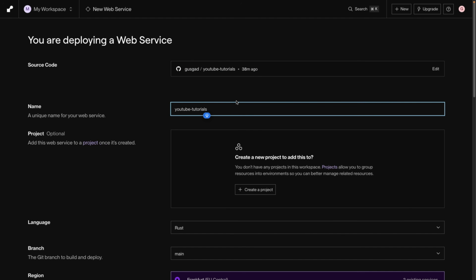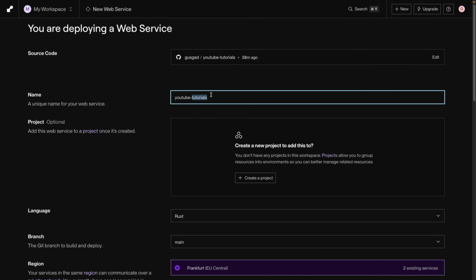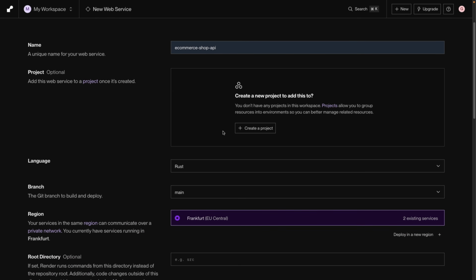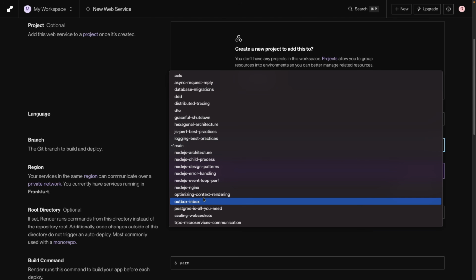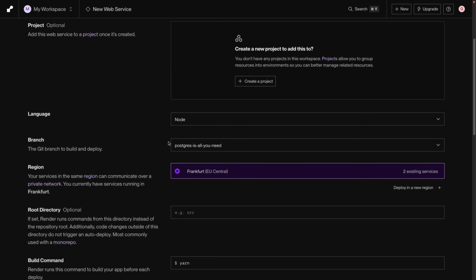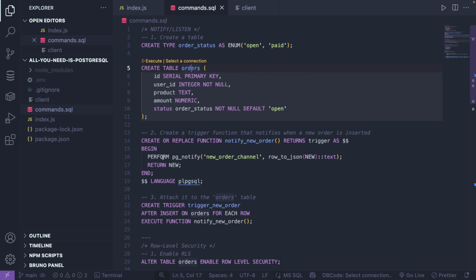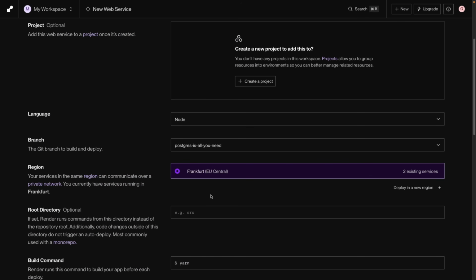I'm going to select my GitHub repository called YouTube tutorials. I'm going to call it e-commerce shop API. I already have a suggestion here. I'm going to select the language, which is Node, and I'm going to select my branch called Postgres is all you need, where all this code that we saw here resides already, because it's going to pick up this code